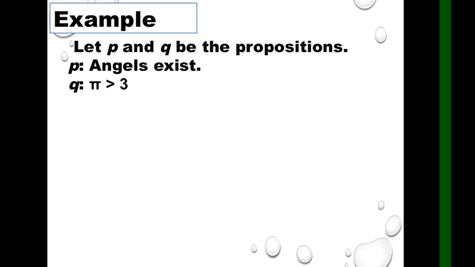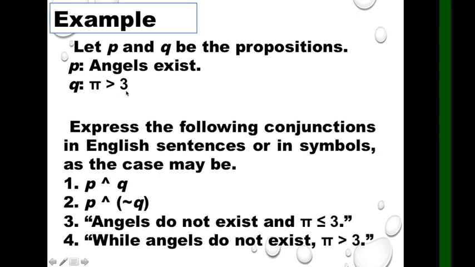Let P and Q be the propositions. P, angels exist. Q, pi is greater than 3. Express the following conjunction in English sentences or in symbols as the case may be. Let's start with number 1. P conjuncts Q, meaning to say,